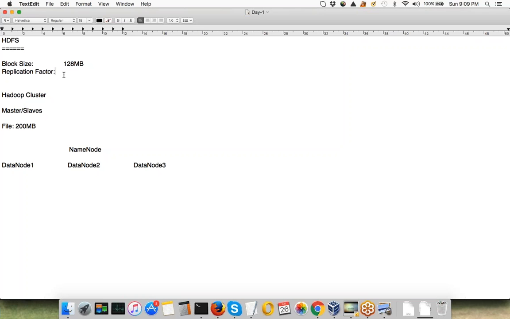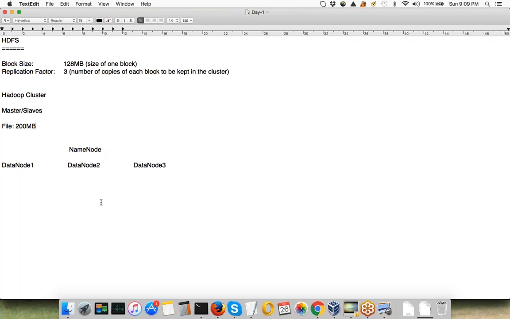And then replication factor is basically how many copies of the same block you want to keep in the cluster. By default, the replication factor is 3. So this is the size of one block, and this is the number of copies of each block to be kept in the cluster.